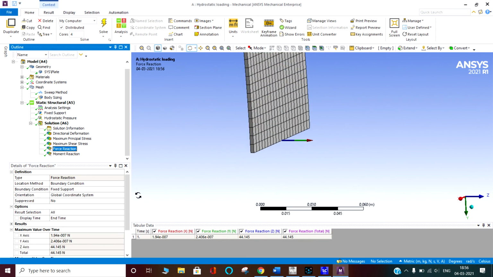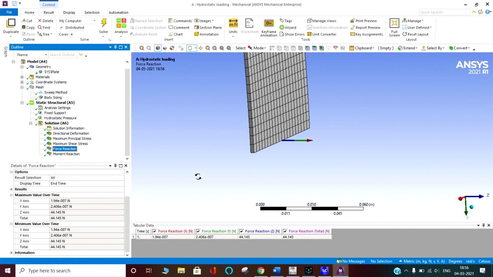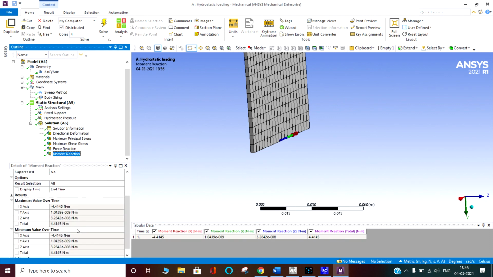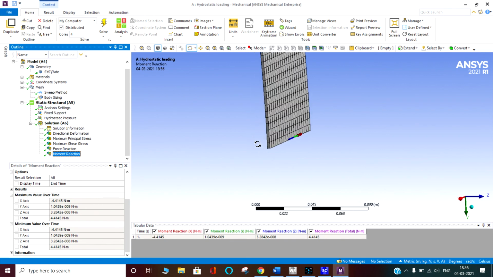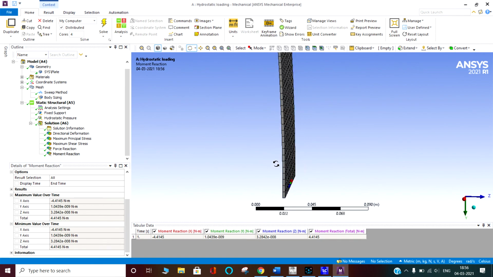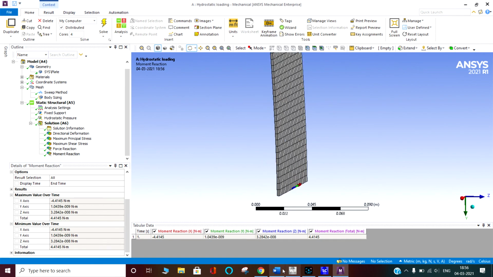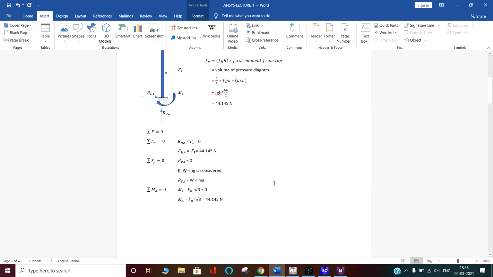Force reaction: you can see the force reaction is 44.145 in the z direction, which is the same as what we calculated here. The moment is also at its maximum value, 4.41, the same as we calculated. So our results are correct, but still you have to check it. I am going to these equations.